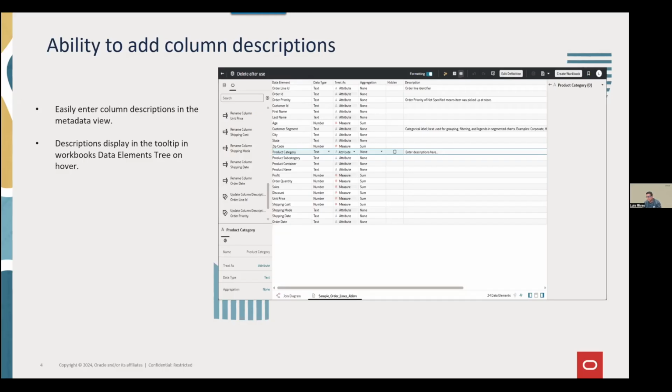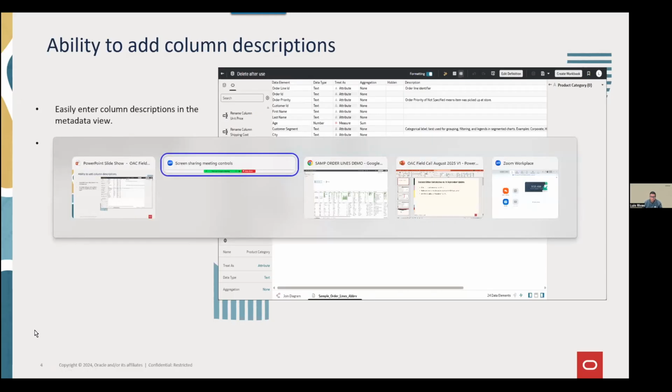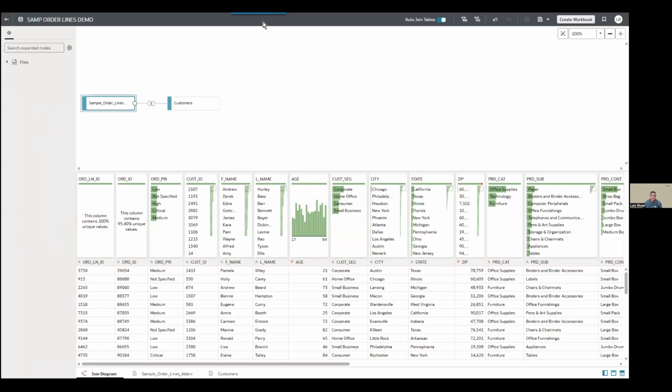These will be available for the human consumers as a tooltip in the data elements tree in the workbook. But again, it'll also help the AI assistant and the home search work better because they'll have access to this metadata. So I'll go ahead and give a quick demo.